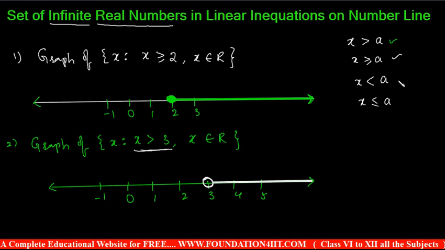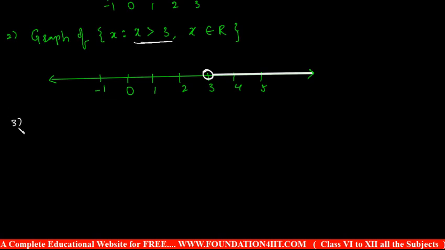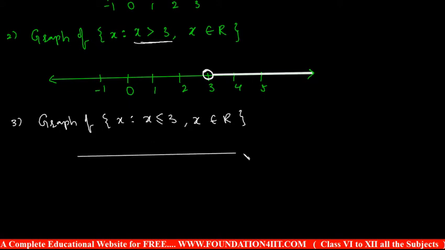Let us see the remaining types also, less than a and less than or equal to a. So here is a graph of the less than case and less than or equal to case. Same as x is less than or equal to 3 and x belongs to the real numbers. 3 is included in this, and also all the values less than 3. X is less than or equal to 3. Same, take the number line: 0, 1, 2, 3, 4, and -1, -2, and so on. The simple concept is x is less than or equal to 3.